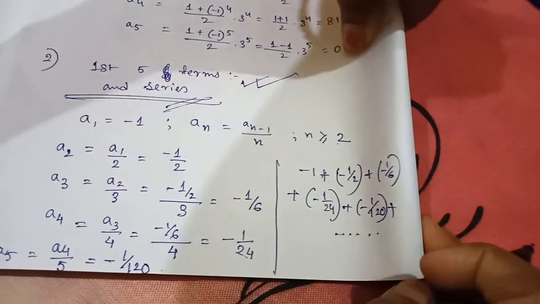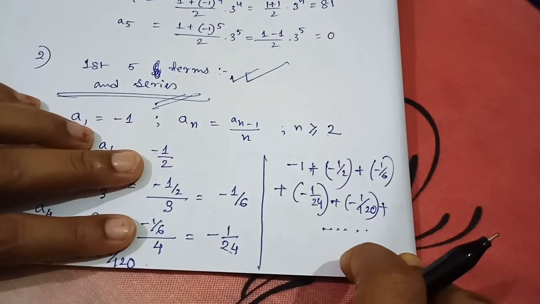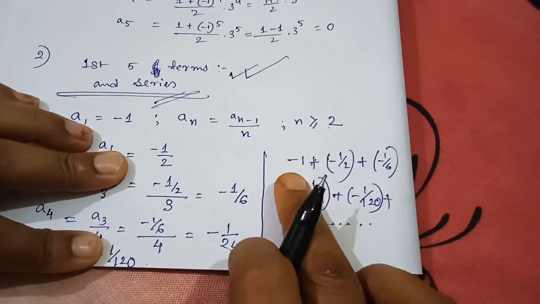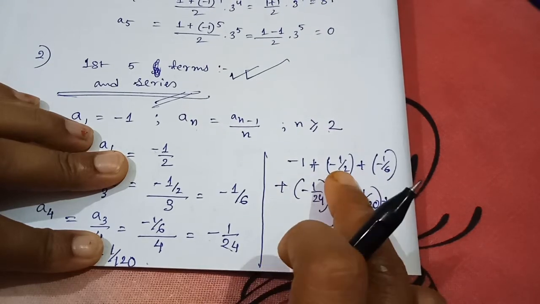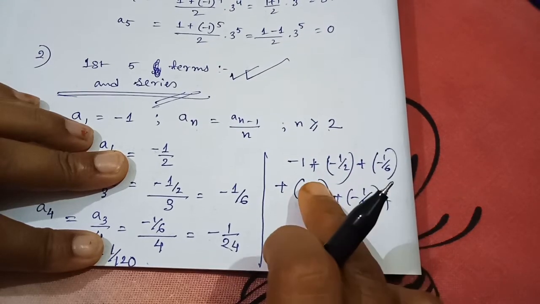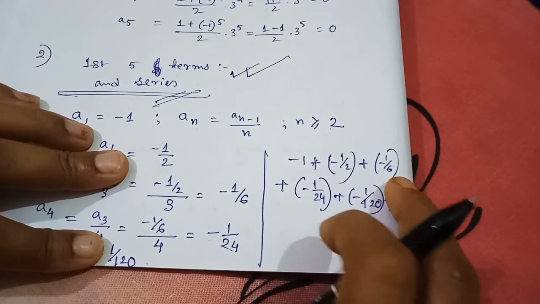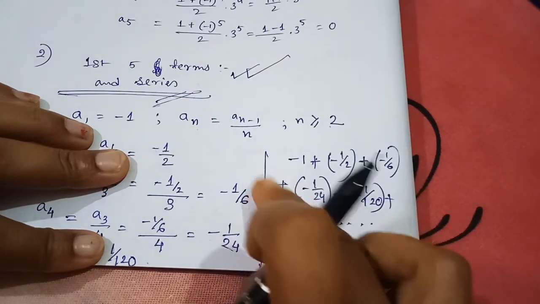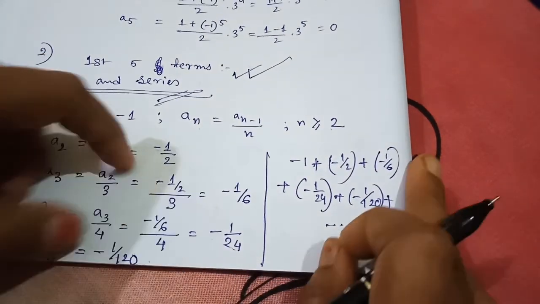Again I'm telling, if it is not told in the question that you find out the value of the series, you will never find it. You will always end up writing like this: minus 1 plus, with all terms with the addition sign, because this expression is called a series and the result after summation is called the value of the series, right?